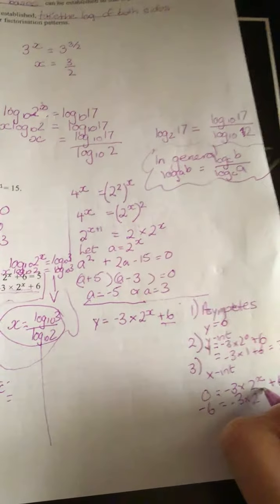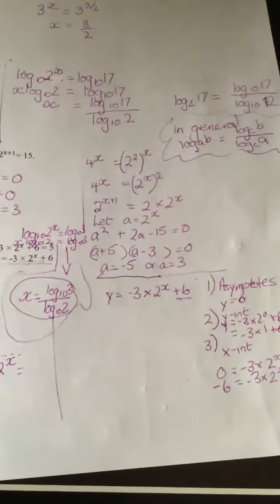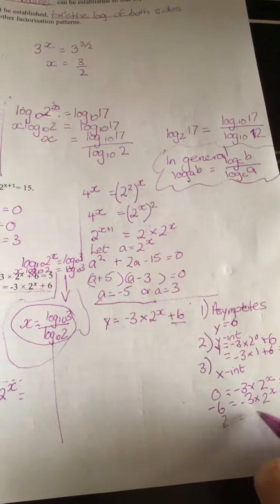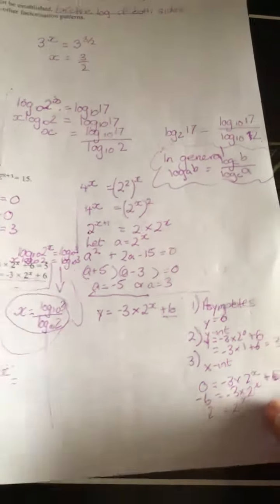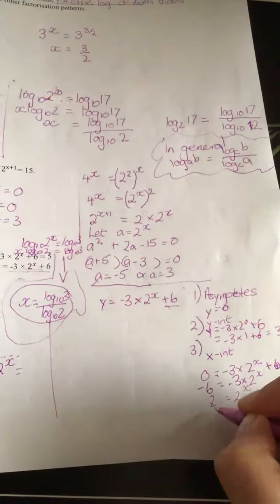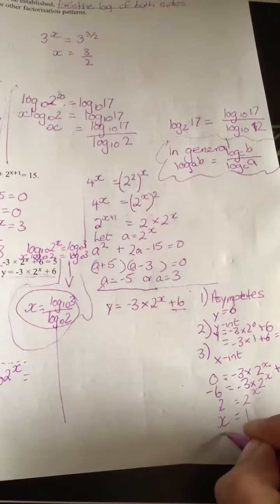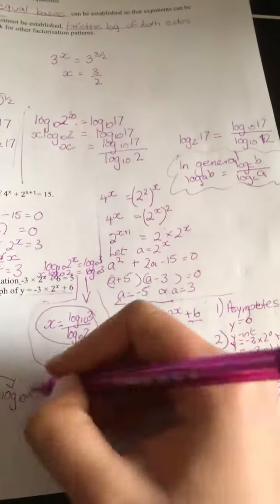And then we're going to get rid of the -3 by dividing, so we're going to go -6 divided by -3 is 2. So we're going to get 2 equals 2 to the power of x. And so then you've got 2 to the power of 1 equals 2 to the power of x. So your answer is going to be that x is going to equal 1. So now you have an x-intercept, you have your y-intercept, and you've got your asymptote,